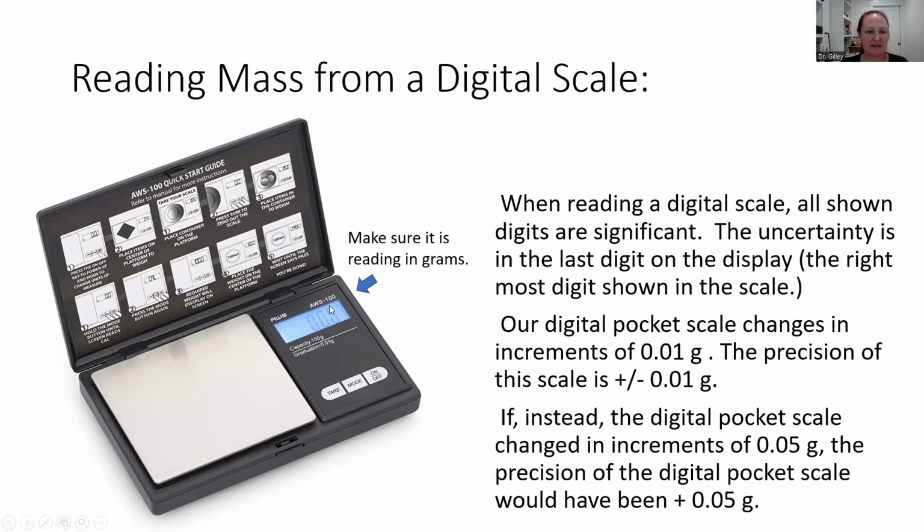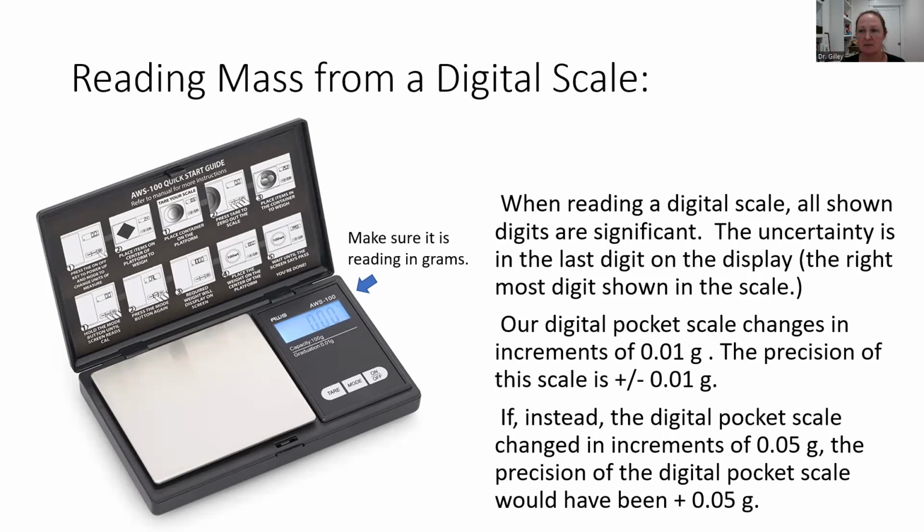And that's because this value changes by 0.01. So when you measure something, you might see it fluctuating a little bit between like 2.54 grams and 2.53 grams, right? So it goes up or down by 0.01. So that tells you that the level of precision is plus or minus 0.01 grams. If this last number changed by 0.05, meaning it will fluctuate a little bit on some scales where you might measure your mass, right? Some scales do this,